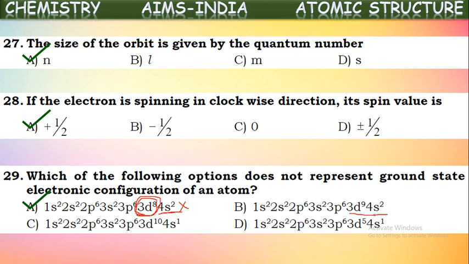Of course, you may get doubt here also. Here, instead of completely filling 3d, electrons entered into 4s. But this is correct, because according to Hund's rule of maximum multiplicity, atoms with completely filled or half filled electron configuration get some extra stability in their valence shell. For that, one electron jumped from the 3d subshell to 4s. So it is a ground state configuration only, as only this is an excited configuration.